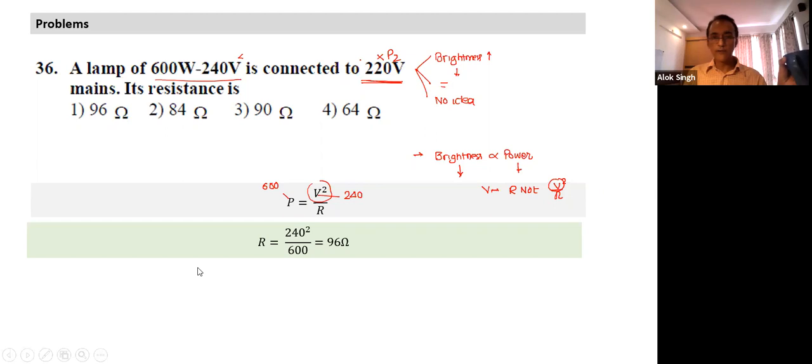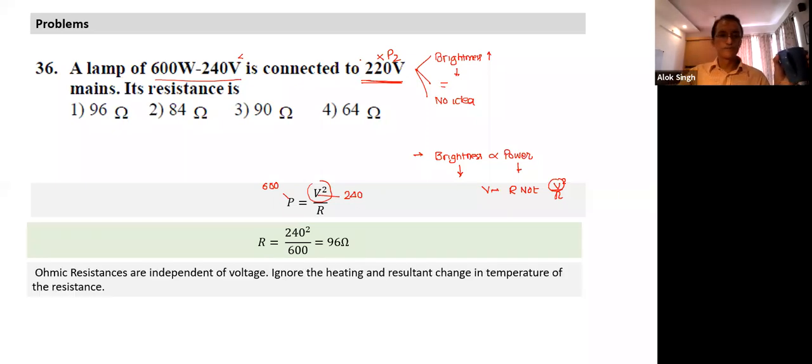But these days we don't have those kinds of bulbs. We have LED bulbs, and we'll study a little bit of LED in the case of semiconductors, not in too much detail, but we'll get some idea. Earlier, the kind of brightness a 100 watt bulb used to give, an LED bulb now gives the same brightness with 10 watt consumption. It becomes much more energy efficient. We'll see why it happens later when we get to the topic of semiconductors.